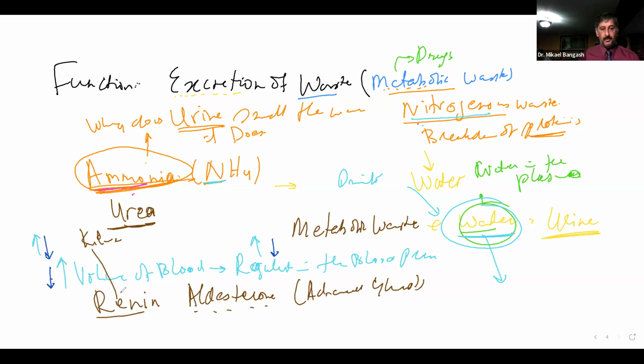But these two hormones work hand in hand. What they mainly help your kidneys do is to reduce the amount of water that's going to be excreted by your kidneys,